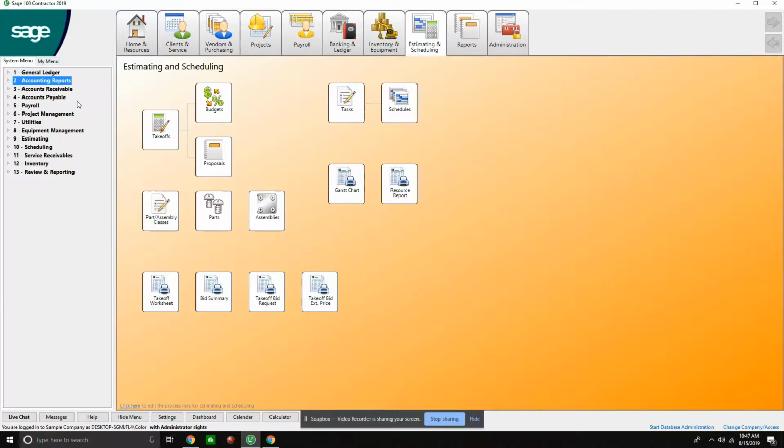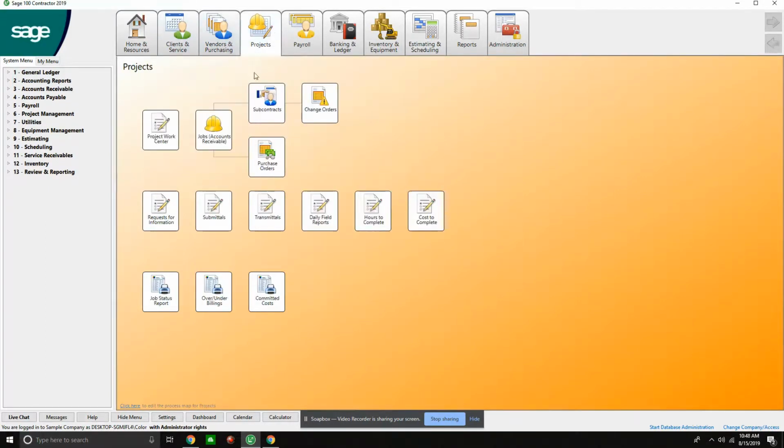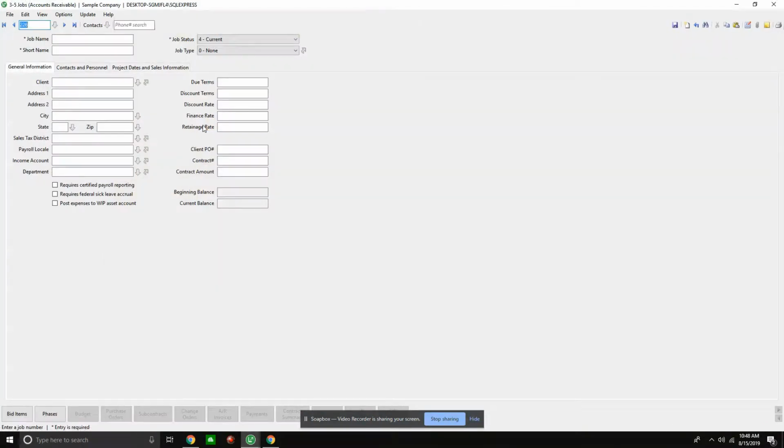We're working with different vendors, different suppliers. We're trying to really nail down this estimate to get a proposal out to our client. You can keep all of that information in the actual job, in the project itself, not worrying about somebody accidentally posting costs to a project that is not valid.